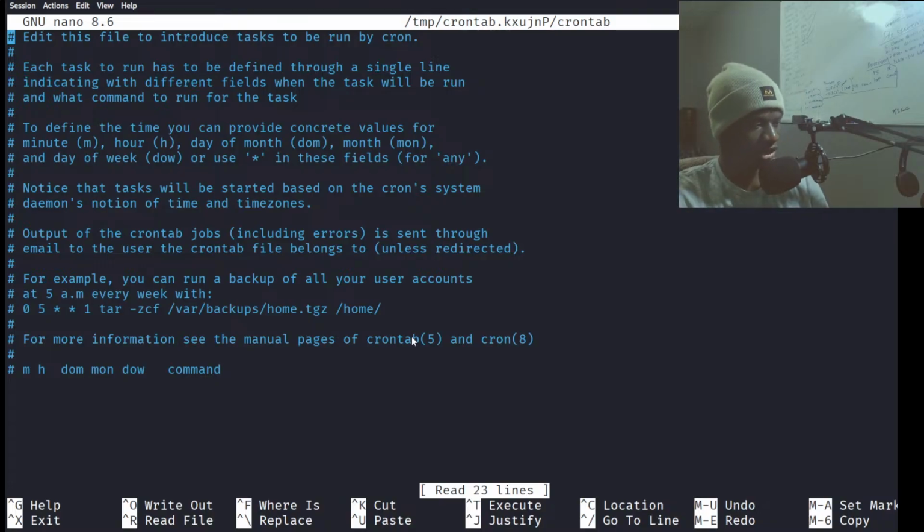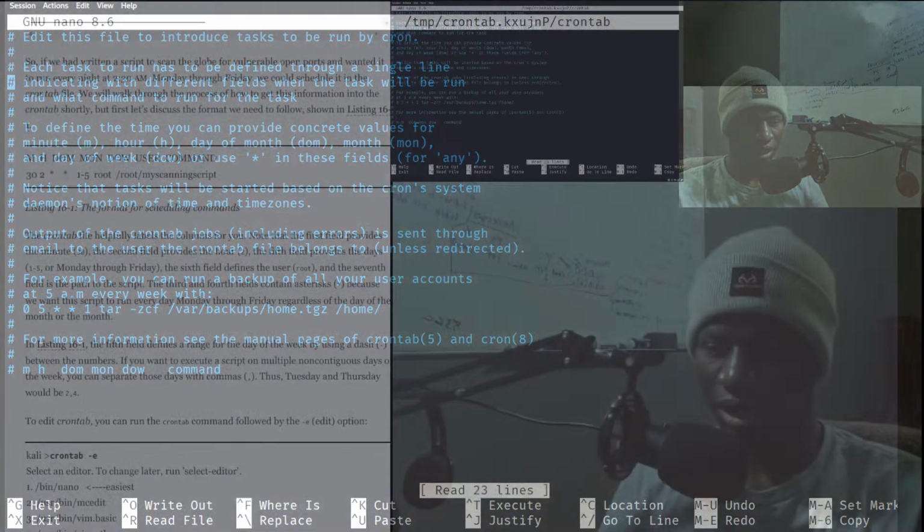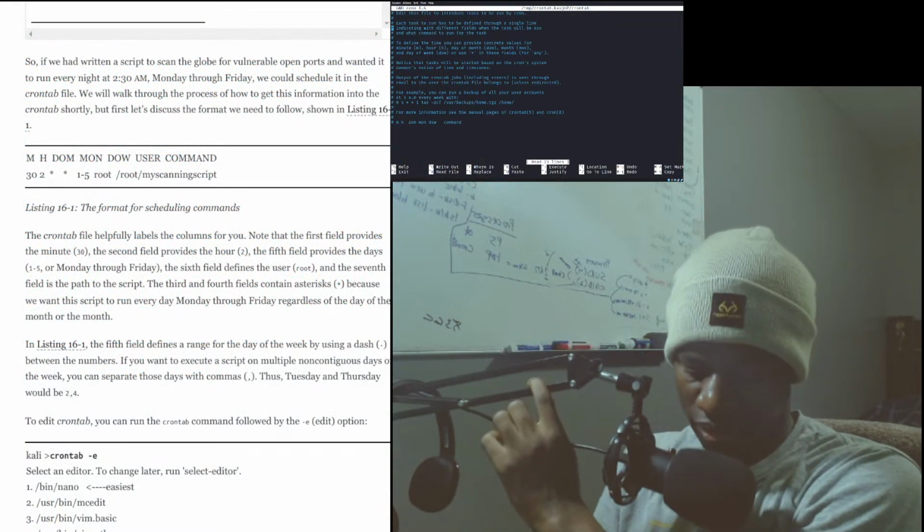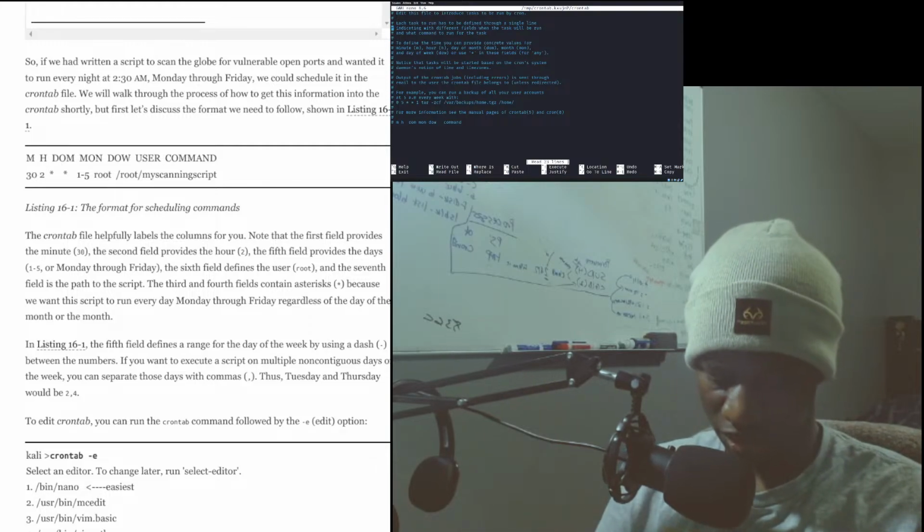For more information, see the man page of crontab, crontab 5, and cron 8. m h dom mon dow command. Okay. So you just did that. So the first time you run this command, it will...